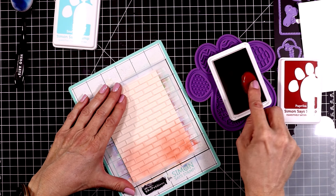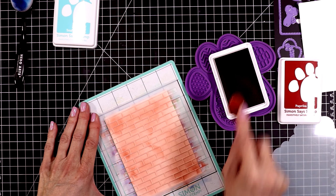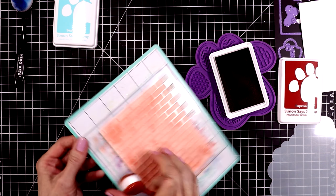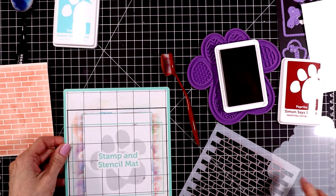I want the little dog to be hanging over a brick wall. So I pulled out my stencil that will create the wall, and I'm adding some dark reddish brown ink over it. This ink is called Paprika from Simon Says Stamp, and I stenciled it onto a piece of Barely Peach